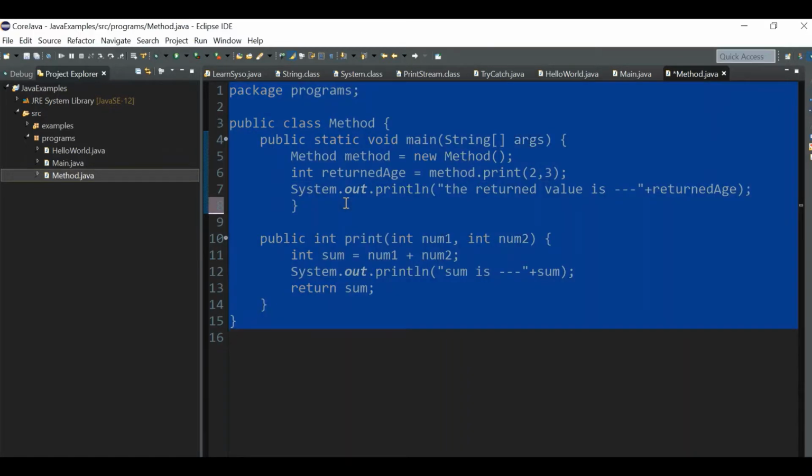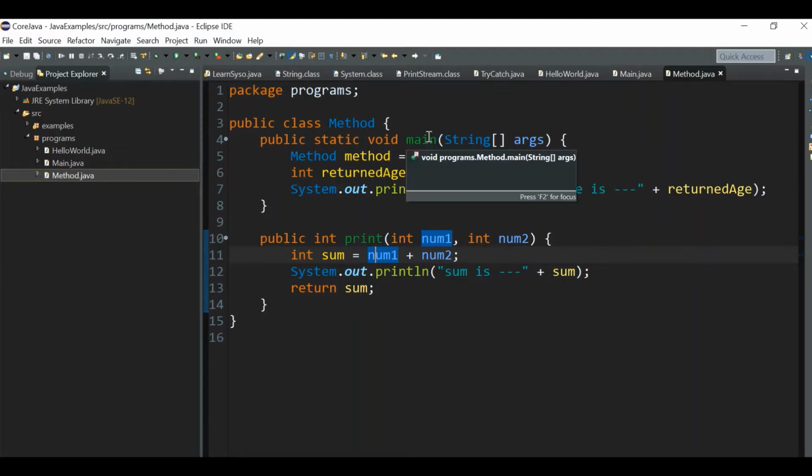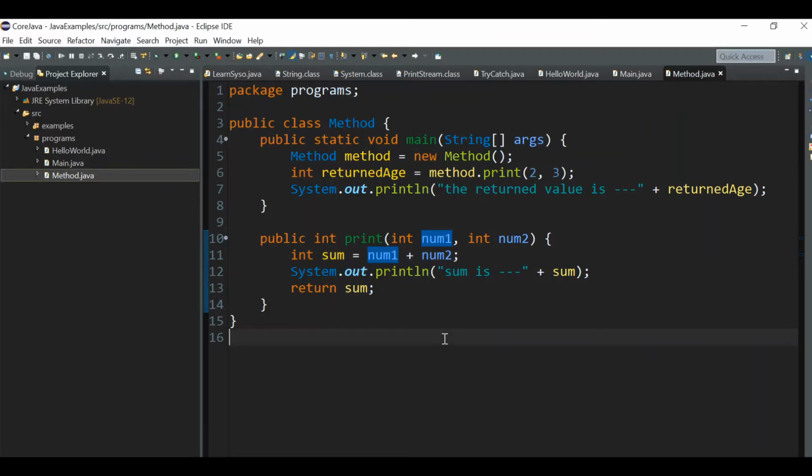Okay, so this is how you can write a function. This is how you can return a value from the function, and also pass a parameter to the function, and pass multiple parameters to the function. This is all about the integer data type, right? In a similar way you can work with any other data type.